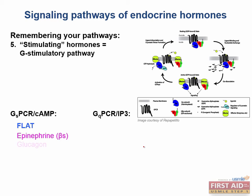a little confusing until you realize that glucagon is basically used as a substitute for epinephrine when people overdose on their beta blockers. While I'm going to go out on a limb and say that a lot of the signaling mumbo-jumbo is not the highest yield stuff you'll find in the book, it's absolutely essential that you know that epinephrine and glucagon work by the same intracellular pathway, assuming it's a beta receptor, and that they share some similar catabolic